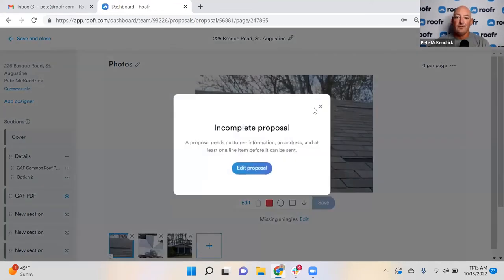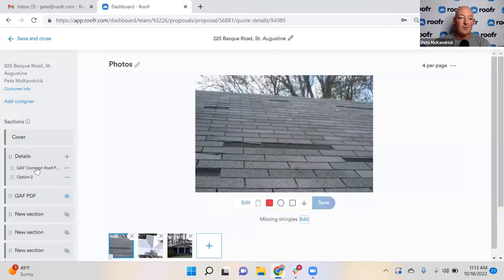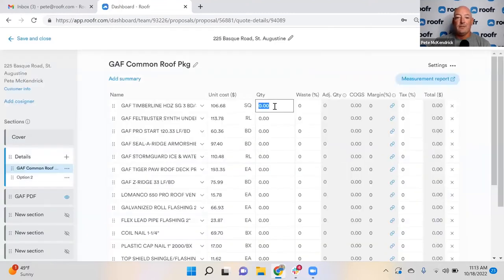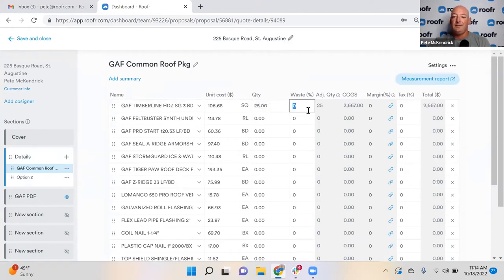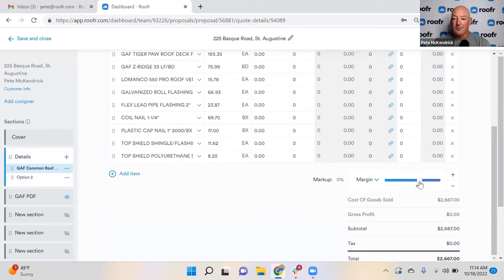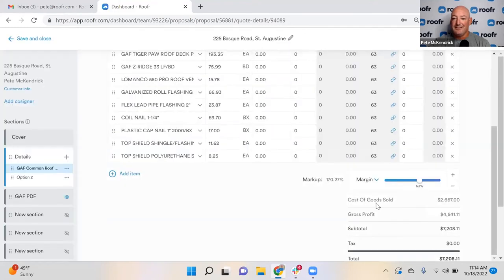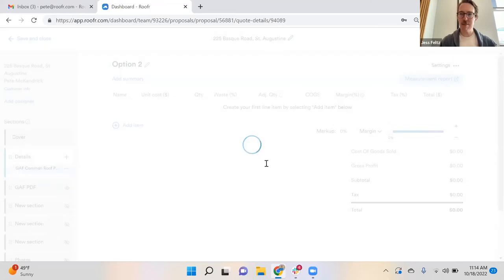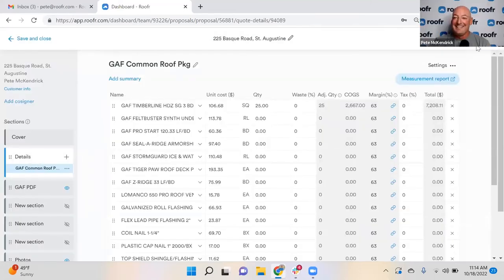So, and then from the, oops, I gotta go ahead and add some quantities in here, and then just kind of show you guys what a proposal would actually look like in here. Let's just pop this in. Probably should have built this out a little bit more ahead of time, but that's all right. What? Oh, well, let's delete this option. I mean, you're just showing process right now, so. Yeah. There we go. Had more options than I needed in there. So,